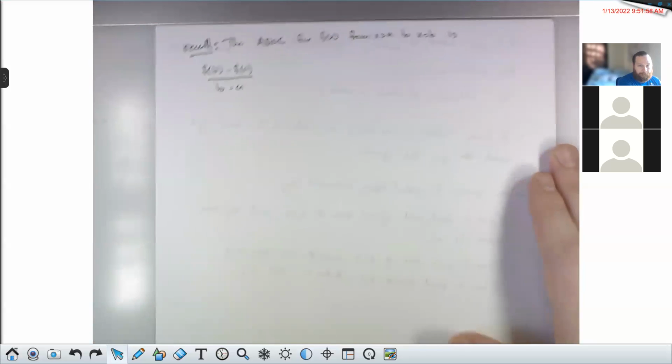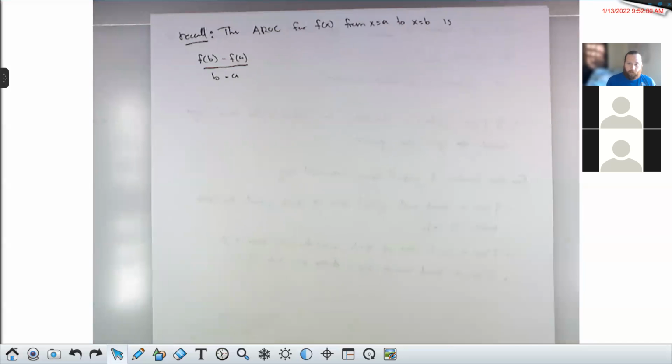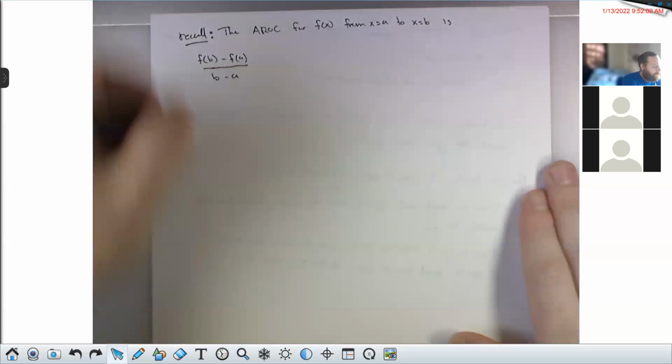So remember that the average rate of change for a function f of x from x equals a to x equals b is this ratio, this fraction, f of b minus f of a divided by b minus a. So for example,